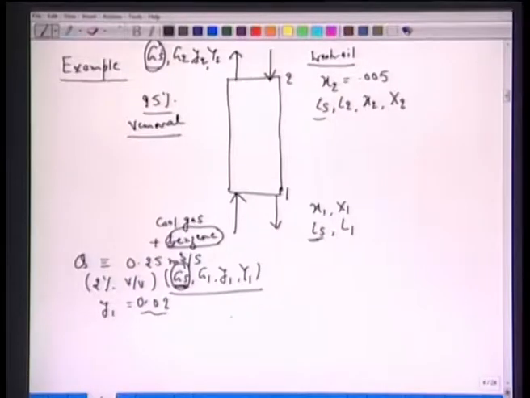Okay, certain physical properties are given here. The molecular weight of this wash oil is 260. Pressure is given as 1.07 times 10 to the power 5 Newton per meter square. Temperature is given as 26 degrees centigrade. Now two important things are given here.